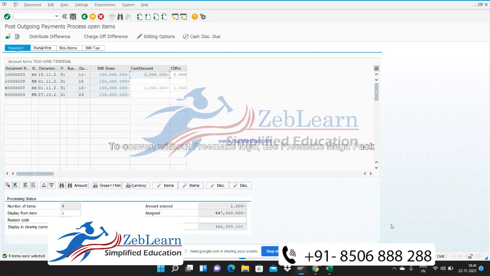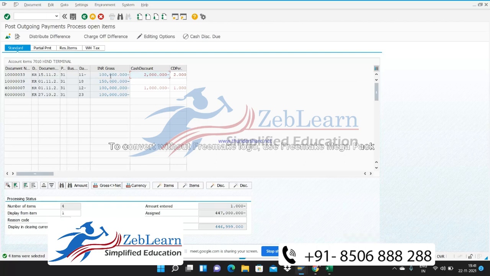So if you want to update for all the invoices, you need to go to FB02, give the invoice over there and then change the terms of payment in FB02, and then the terms of payment which you have attached to your vendor account will be applicable to that invoice also, and you can get the discount or you can pay the discount according to the terms of payment.